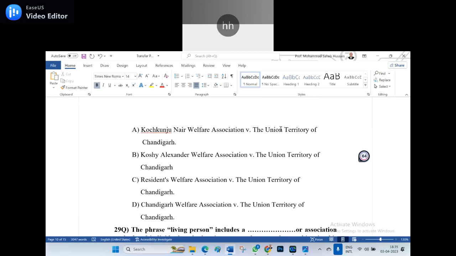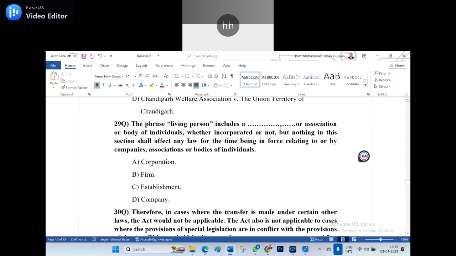A planned city. The only big city in India that is a planned city is Chandigarh. Next, Bangalore. Okay, 29th. The phrase "living person" includes a dash or association or a body of individuals, whether incorporated